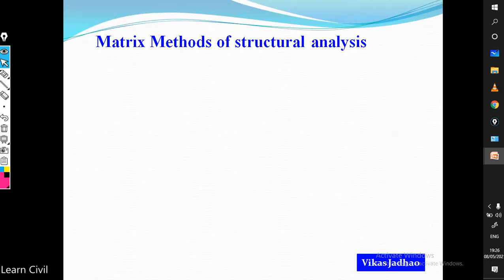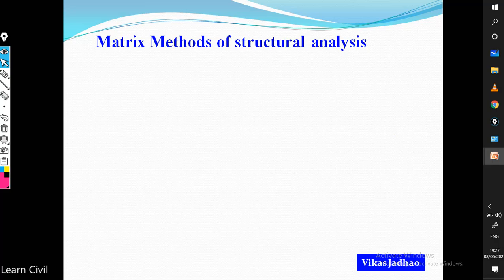The analysis of indeterminate structures is a major field in structural engineering. There are a number of methods of structural analysis, for example, the slope deflection method, the moment distribution method, and Kani's method. For hand calculation, the best among these is Kani's method. But this method is not convenient for analysis of multi-story buildings involving a high degree of indeterminacy.